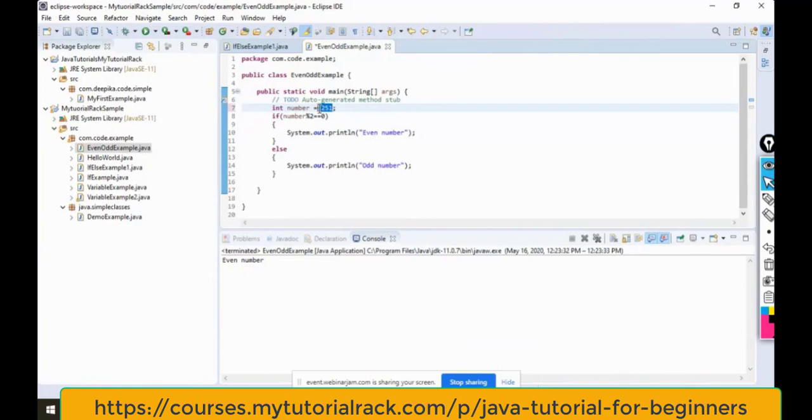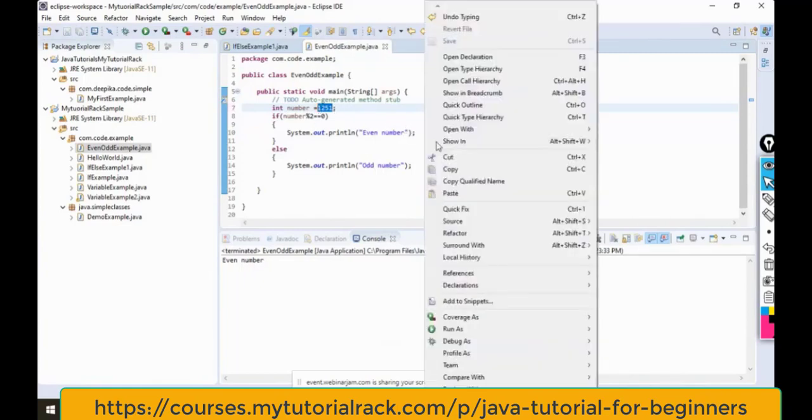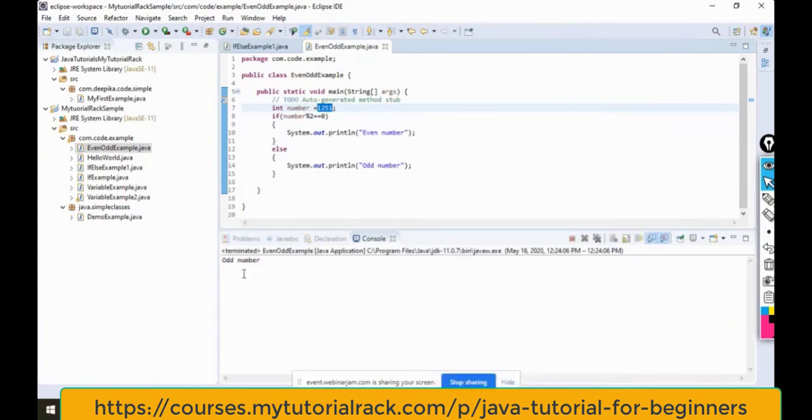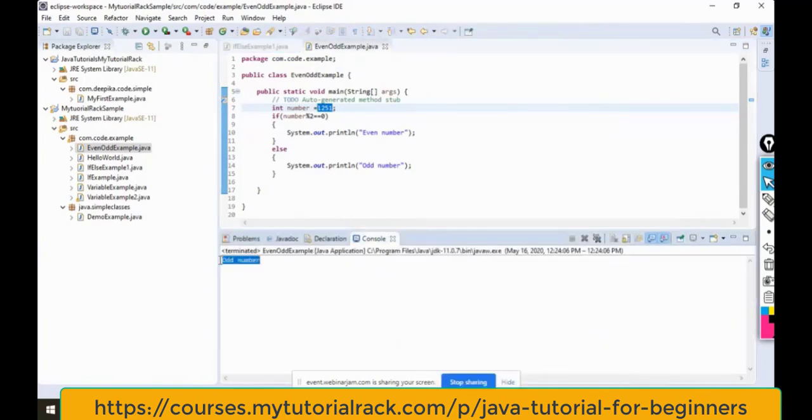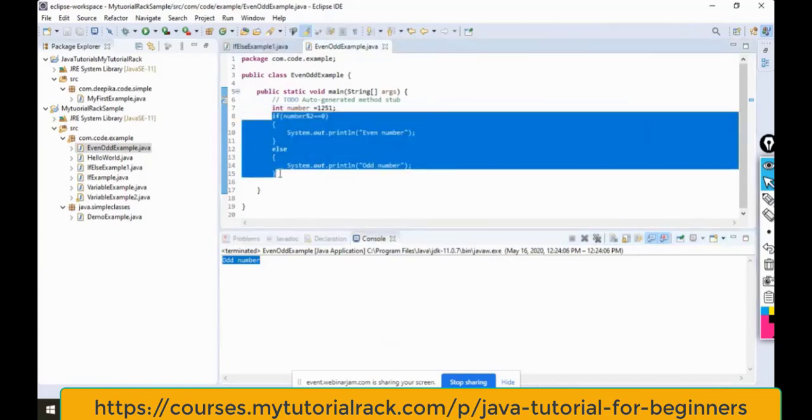It has a remainder of 1. So in this case, since it is going to be an odd number, I'm going to go ahead and do run as Java application. It's an odd number. Now, another thing I mentioned to you was, instead of writing this whole thing, there's